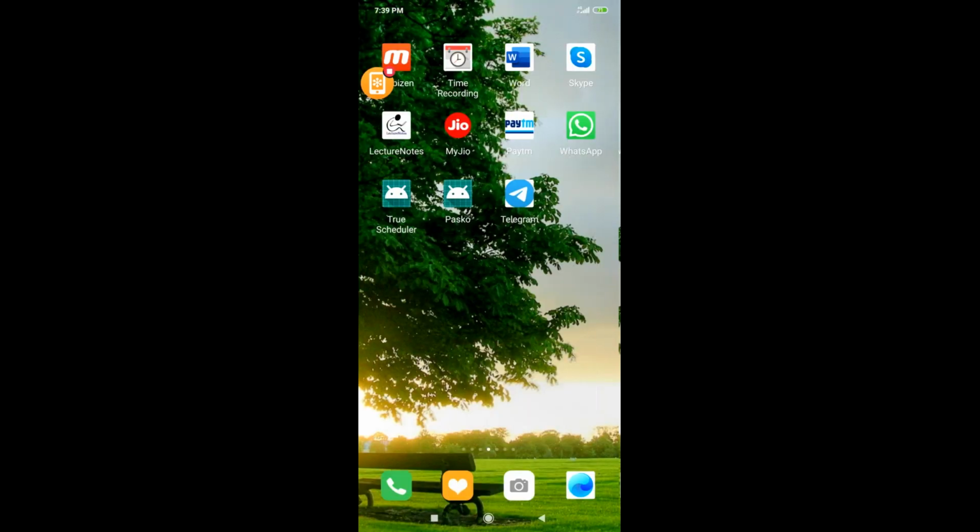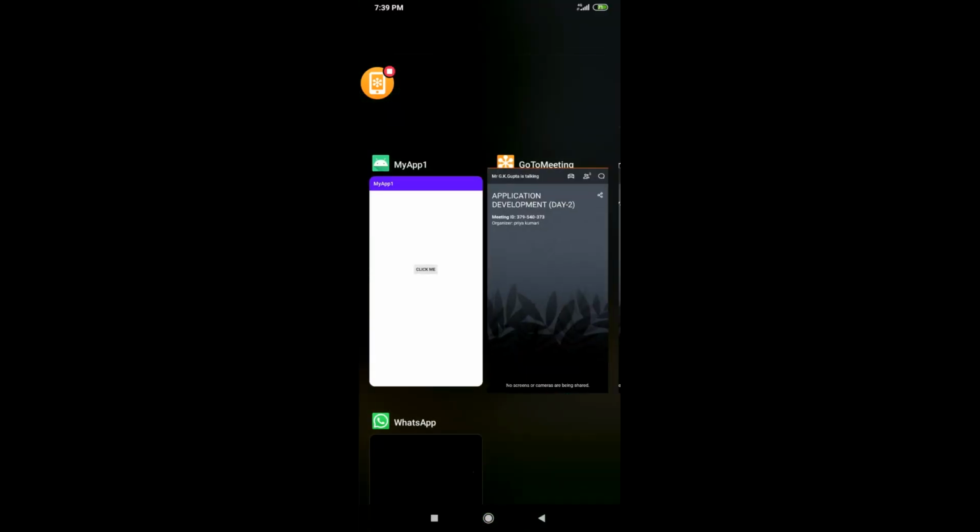This app will get closed. Okay. So you will get a feeling that I have minimized the app, but actually I have not minimized it. The app is actually closed. Okay. So you can see I'm just trying to touch that. I'm touching the button. So you can see it got minimized. Got my point? So I hope the first project was clear to everyone. Now I'll share the main screen.